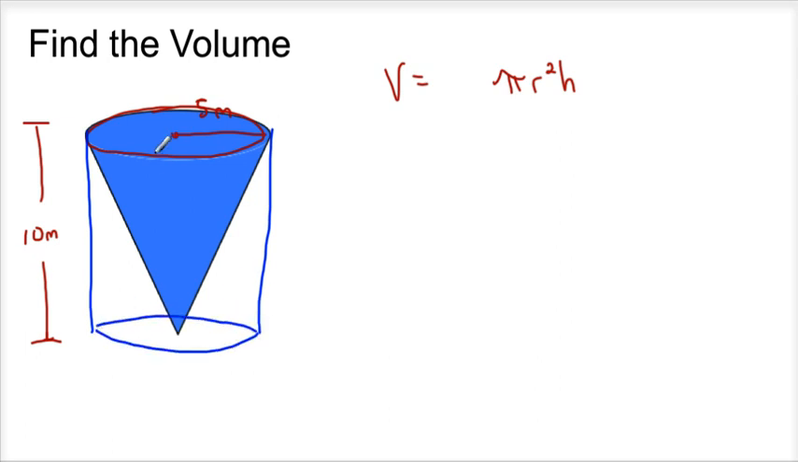Looks like a cylinder. So how much of this cone will fill up the cylinder? Again, 1/3 of this cylinder would be this cone. All right, so the volume here again, you want to find your radius, 5, your height is 10, so we have volume equals 1/3